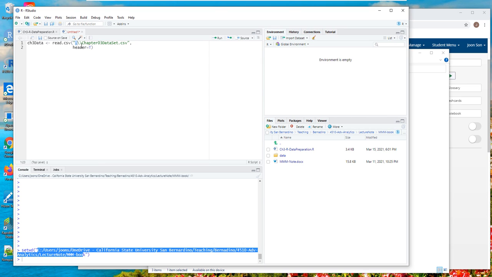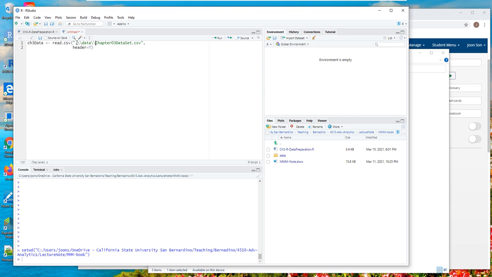This is my working directory, and under it I have a data directory.